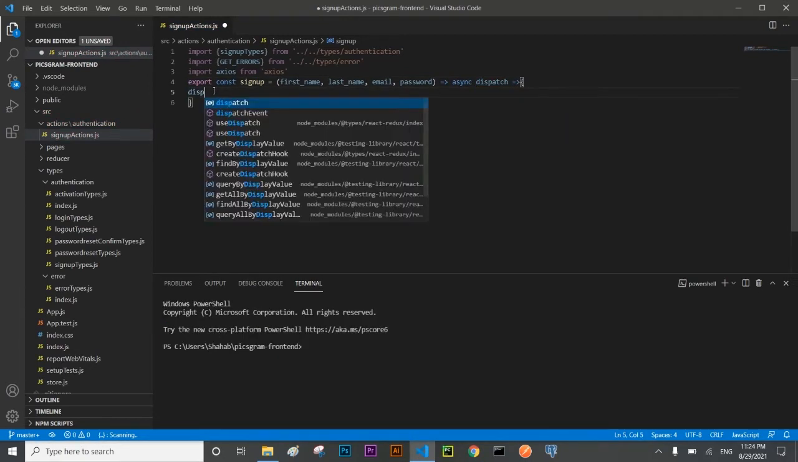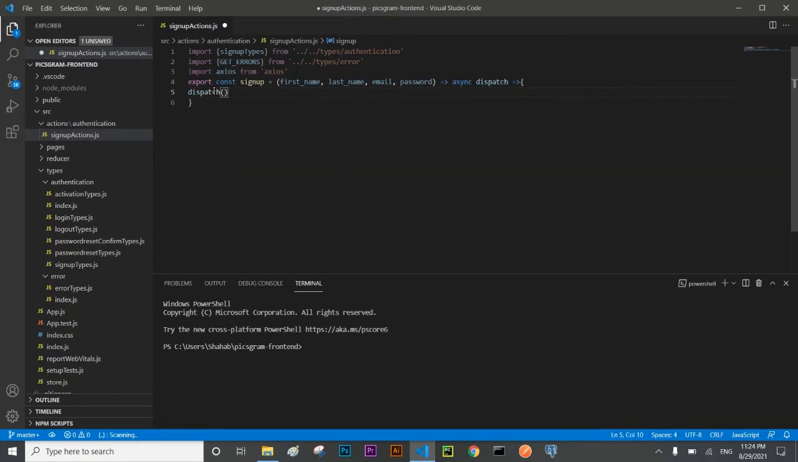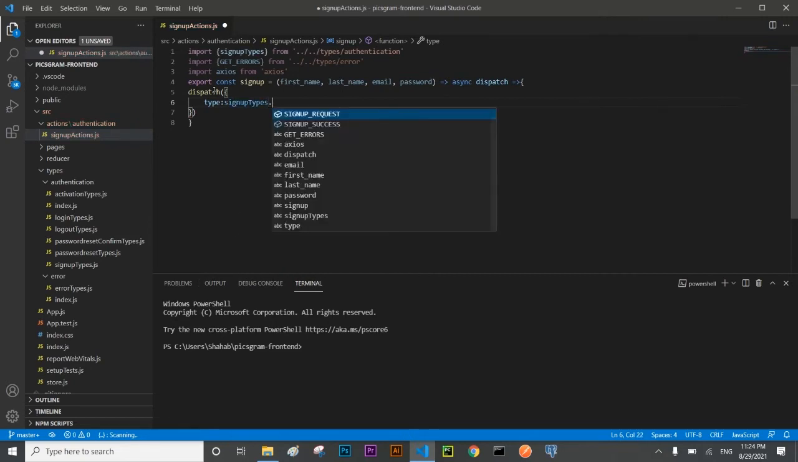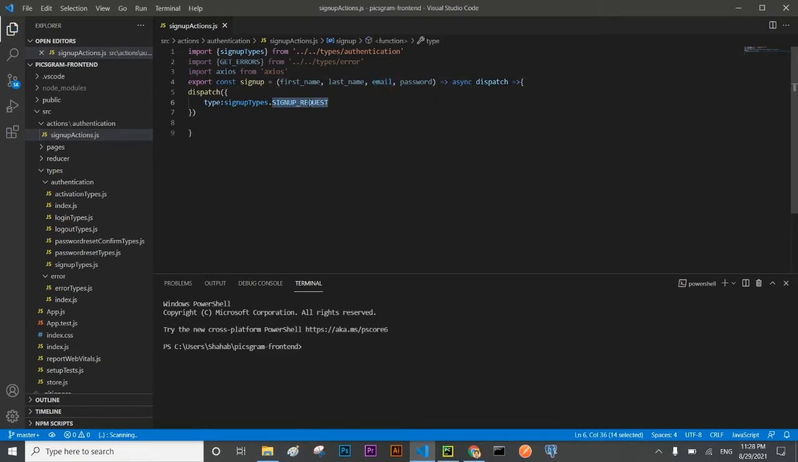when user will click on the sign up button after filling all the required fields like first name, last name, email, and password. Then sign up request action will be dispatched to the reducer to change the state in the main store accordingly. After signup request, XCS post request will be generated with some configuration and the data which will